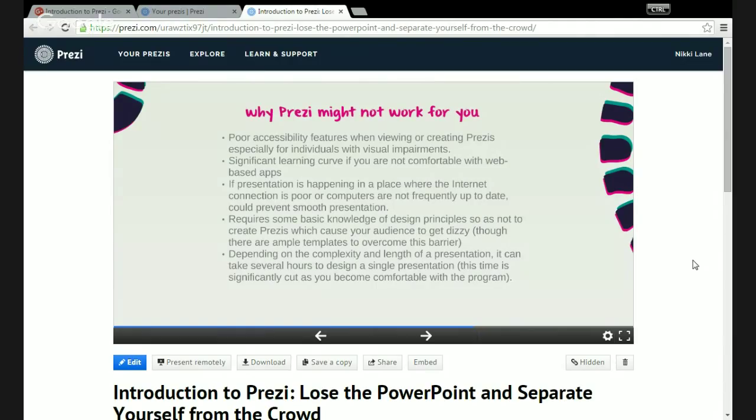Now, if your presentation is happening in a place where the internet connection is poor or the computers aren't up to date, then that could also prevent you from presenting your Prezi. It also requires some basic knowledge of design principles, so as not to create Prezis